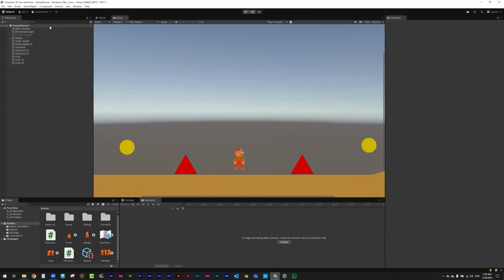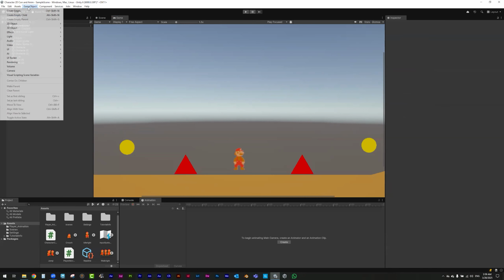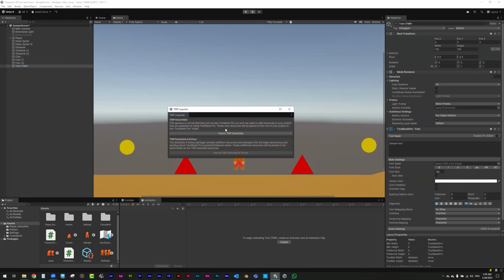And now I need to add the text. I'm not going to use the text inside the UI, because if I use the UI, then it will add a canvas, and it will not be easy to work with UI with the sprite, because most of what I used is the sprite. So what I'm going to use also, because I created a new 3D project, if you remember at the beginning, is the TextMeshPro inside the 3D object to be able to control it easily. Import,